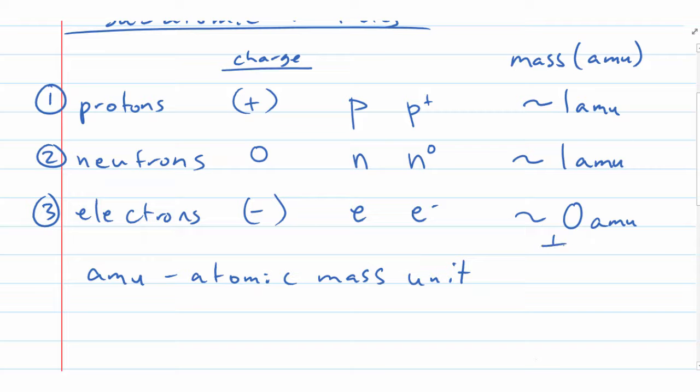In reality, you don't need to memorize this particular value, but if you really wanted to know its exact value, it's a fraction of 1 over 1,857 AMUs. So it does have mass, it's just that its mass is very small. So we say in comparison that its mass is about 0, and we wind up using these approximate mass values. So then what we do from here is we are going to assign some important useful information to these,